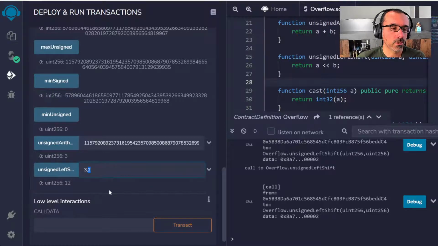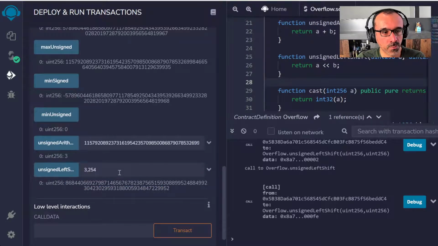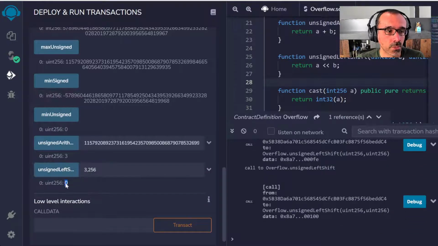But you can shift this by the number of bits available to you. So let's say 254 times. If I shift this, I'm gonna get this big number. But from here on, if you shift it 256 times, which is effectively the end of the stack, an overflow will happen.